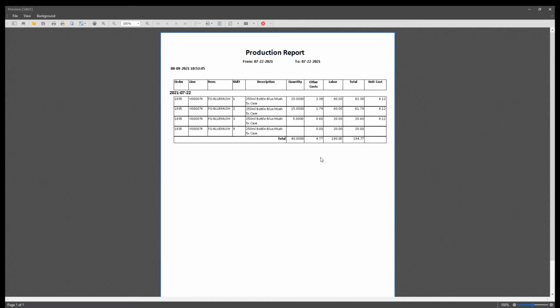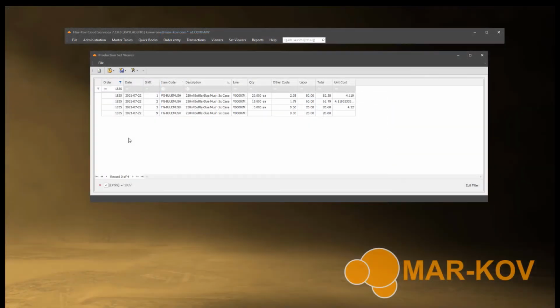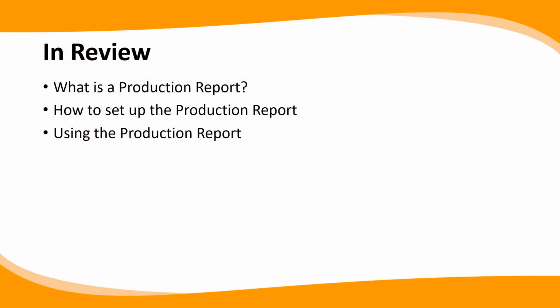And finally, it will sum the total amounts for all of the quantities that were packed out, the other costs, labor, and the total cost. Now taking a look at our production set viewer, we see the same information viewed on the production report, but in set viewer form. In review, we covered what is a production report, how to set up the production report, and using the production